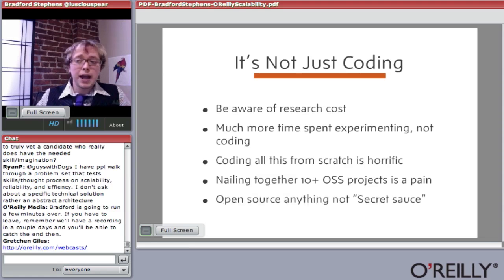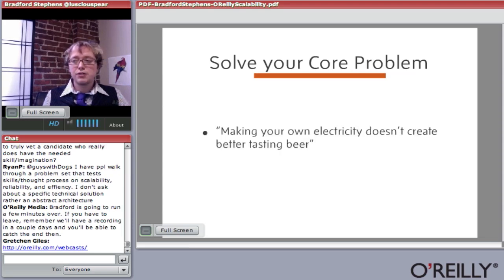So doing it yourself is really painful, and you have to make people understand that you're not building websites anymore, you're building infrastructure. And you should open source anything that's not your secret sauce. Anything that's not the algorithms that run your business or your customers or your user interfaces, but open source your improvements to Rails to make it more scalable, or your improvements to Hadoop so that it doesn't lose data in certain kinds of crashes. You really have to get as much stuff out of your organization and well documented as possible, because you can't possibly handle it all.